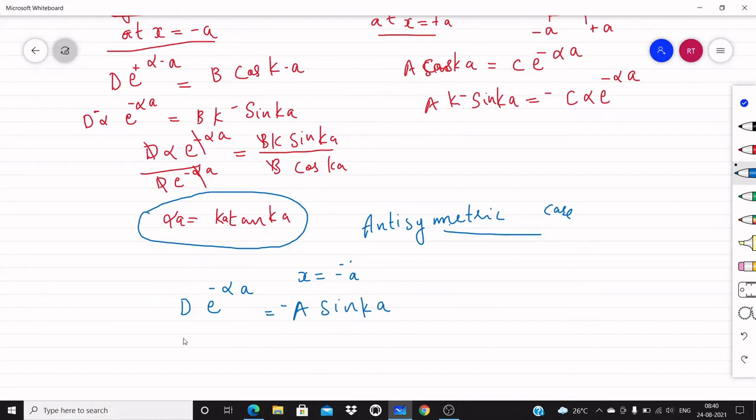And the derivative part is d minus alpha e raised to minus alpha a is equal to minus a k cos ka. And at x equal to plus a also you will have